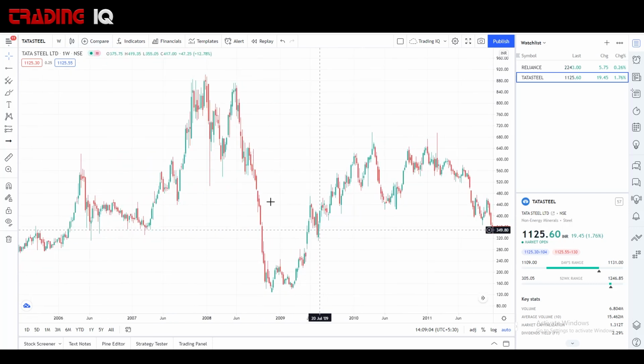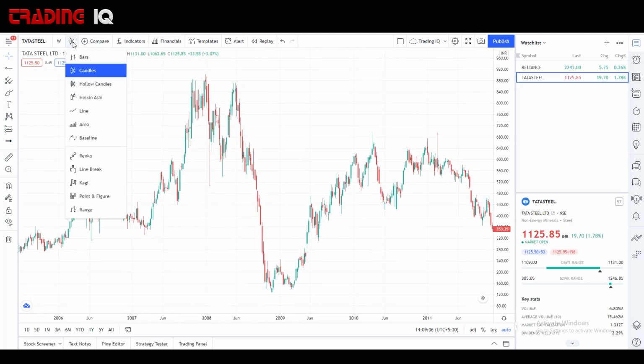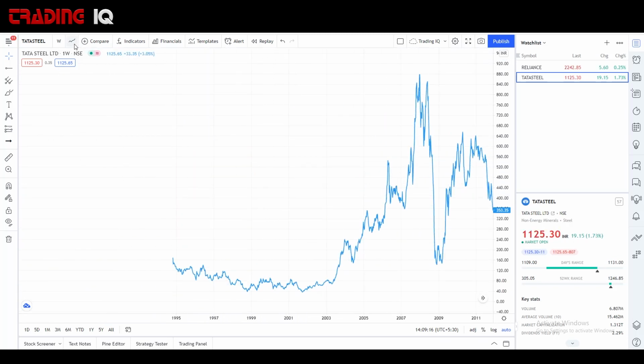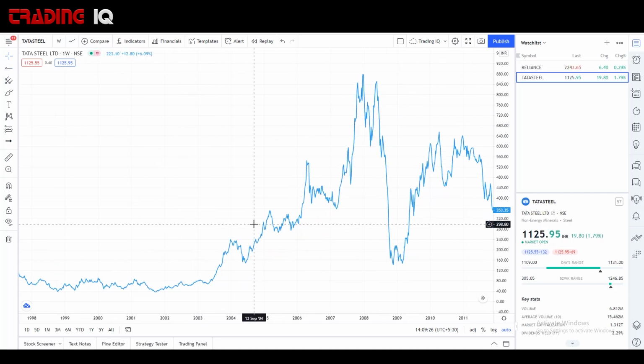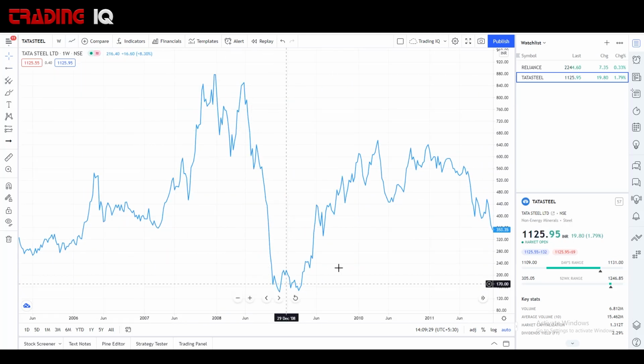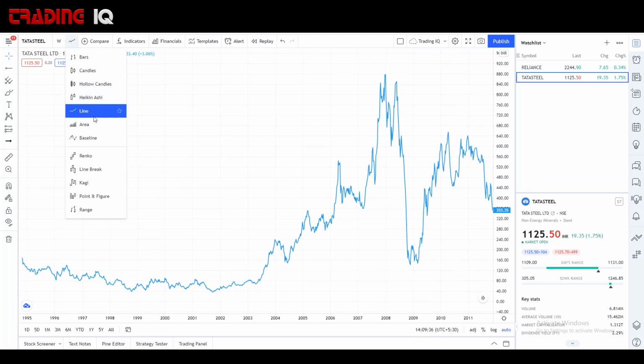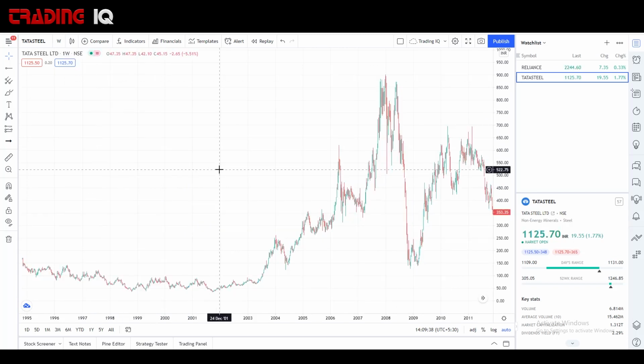You understood the candlesticks, but if you want to draw the line better, you can change the structure of this chart into a line structure. Now, if you have trouble drawing support and resistance on the candles chart, you can simply choose the line chart and create your support and resistance, right? It would be easier. So you can see the points. This is support, right? This is resistance.